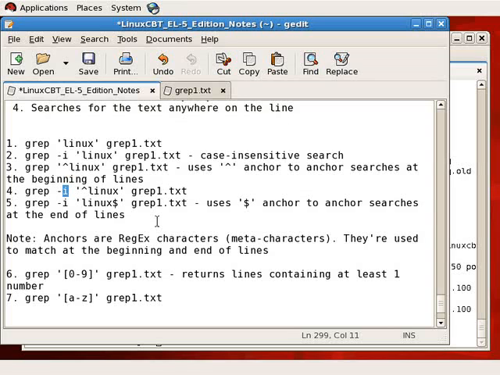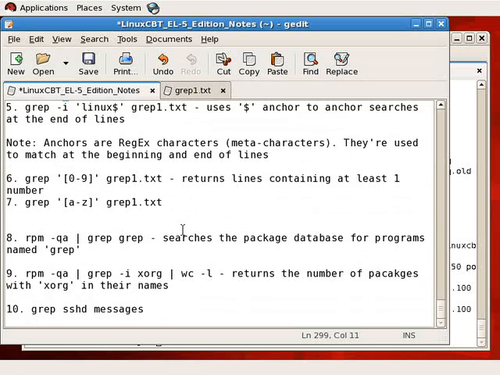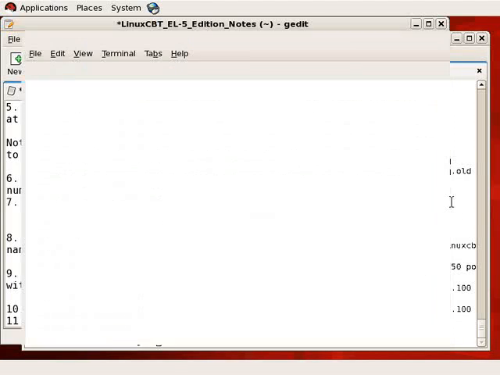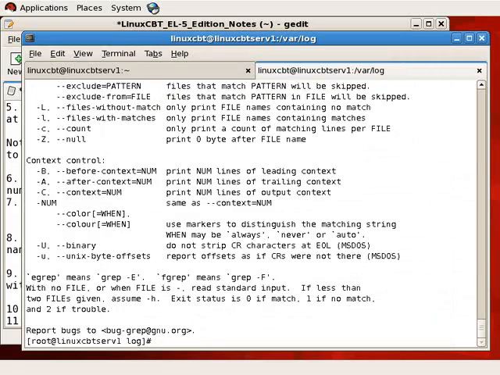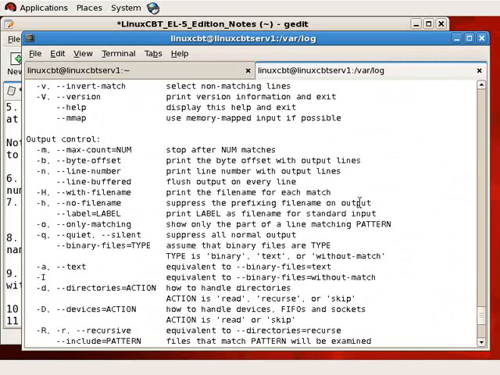Now again, we mentioned grep supports meta characters, character classes such as 0 through 9, A through Z, case sensitivity using -i, and the meta characters asterisk, question mark, and dot to represent the number of times a specific search should be performed, and so on and so forth. Those are some of the ways you can perform your search. It also has an inverted search, which means search for everything other than what's specified. So if you wanted to see from the log file everything but SSH messages, for example,